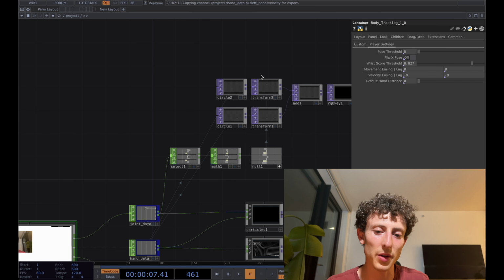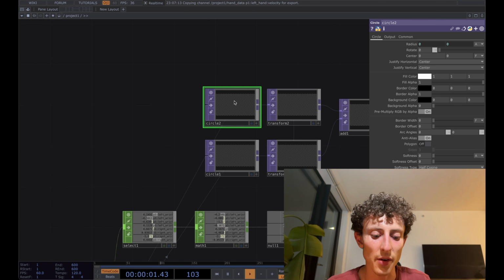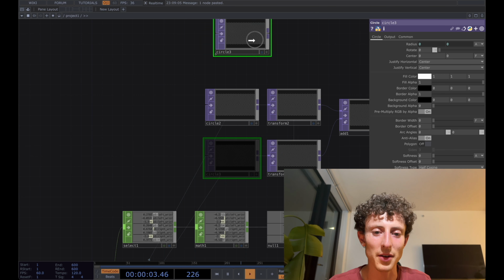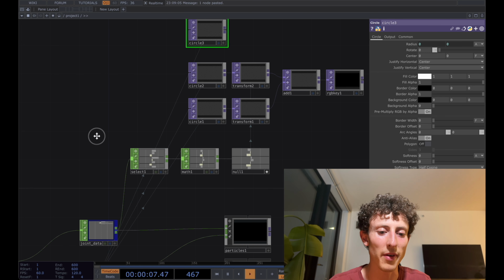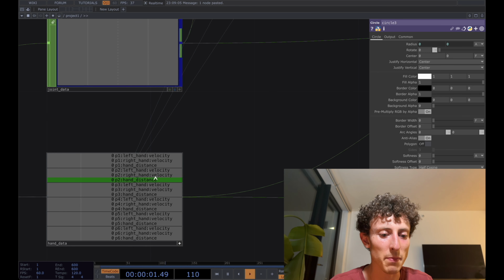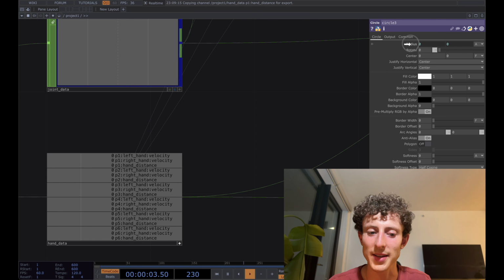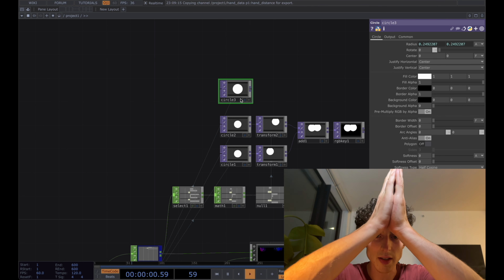The other thing that I wanted to show you is how to control something with the distance between your hands. So here, maybe let's just make another third circle, and instead of this one getting moved around, this one is basically just going to take on the size based off of player one's hand distance. So I'm going to pass a reference to the radius of this circle, and let's go ahead and see. All right,